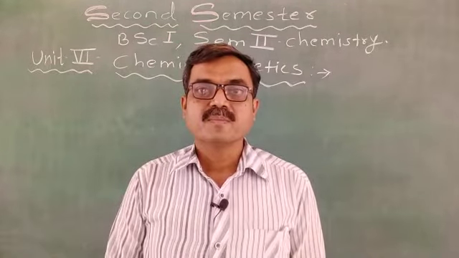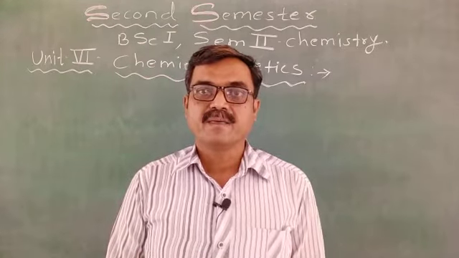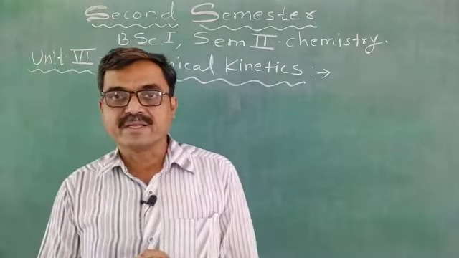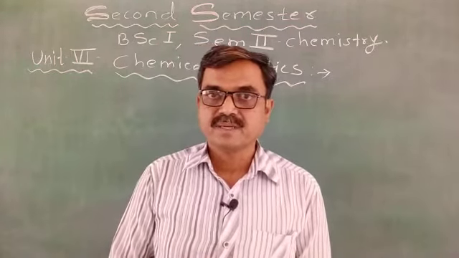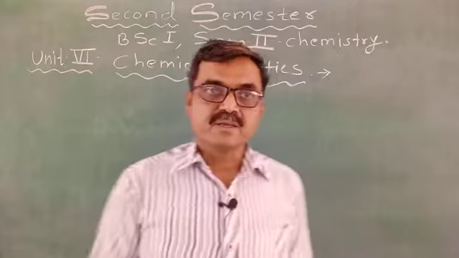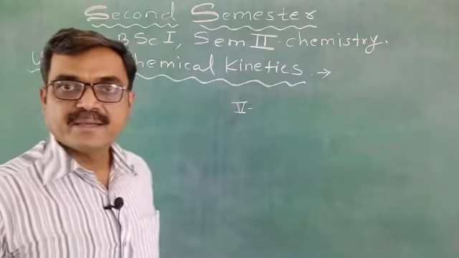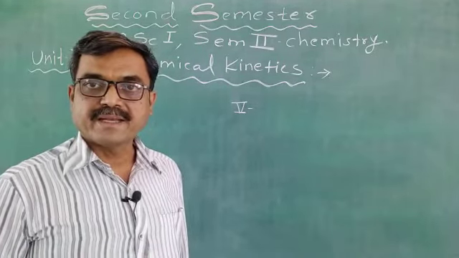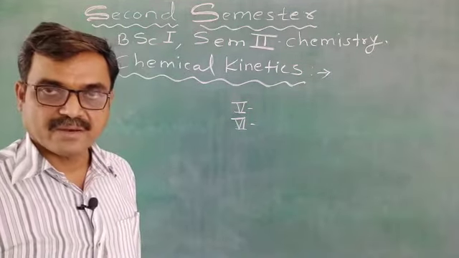Now, here in this second semester, that is in 2S Chemistry, again the same 6 units are there. First 2 units from inorganic, second 2 units from organic, and last 2 units from Physical Chemistry. Now, the last 2 units means Unit 5th is physical properties and molecular structure. Again it contains 2 points, electrical property and magnetic property. And 6th unit is chemical kinetics. Are you getting clear?